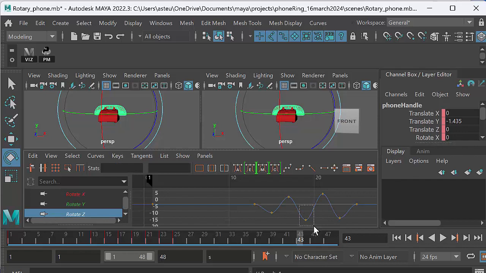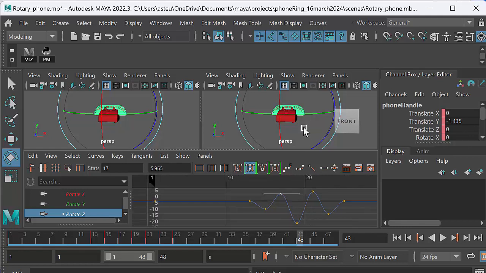So that's actually looking pretty good. We can maybe increase the amplitude on that a little bit. That looks like a pretty good curve. Let's press play again. There we go. Good. Okay, now what we can do is let's go back up to the top of the node on